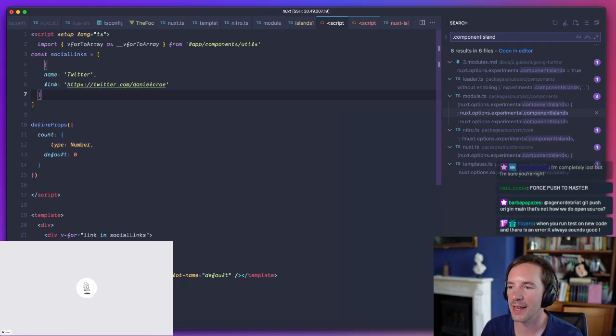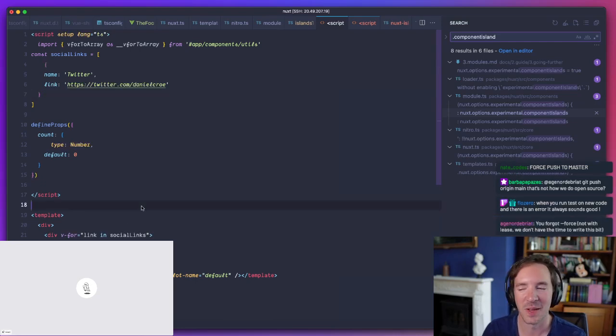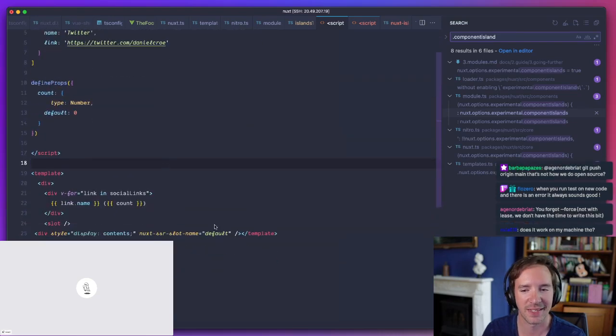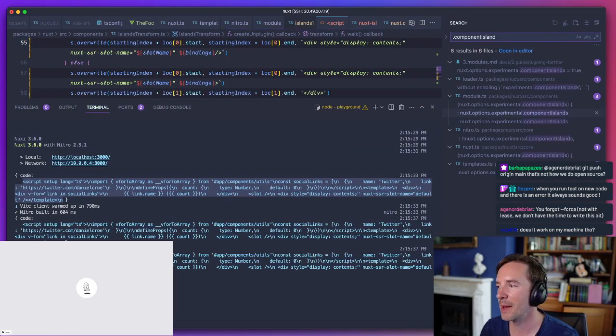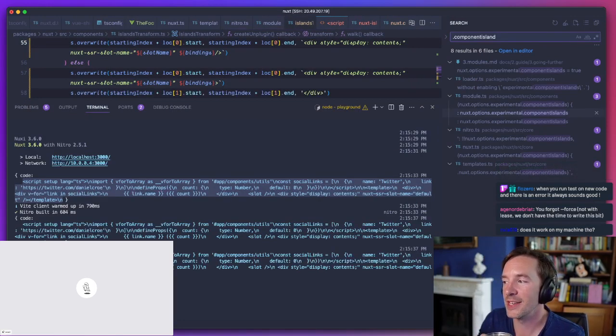There don't seem to be any issues with the rendered. It's a Vue single file component. It's replaced it in the right location. It's fine. We're going to ship my machine because I've got a cloud machine here. It's working fine. So I think that should be okay for everybody.